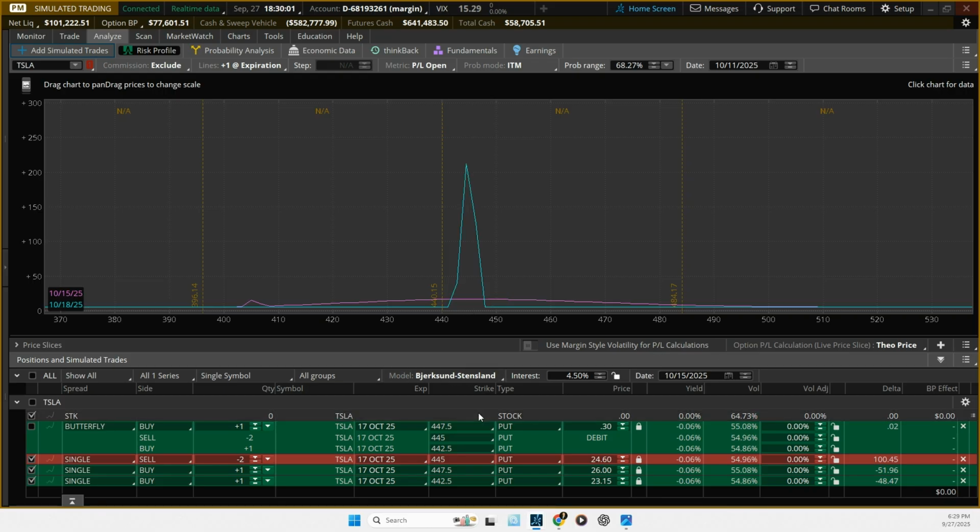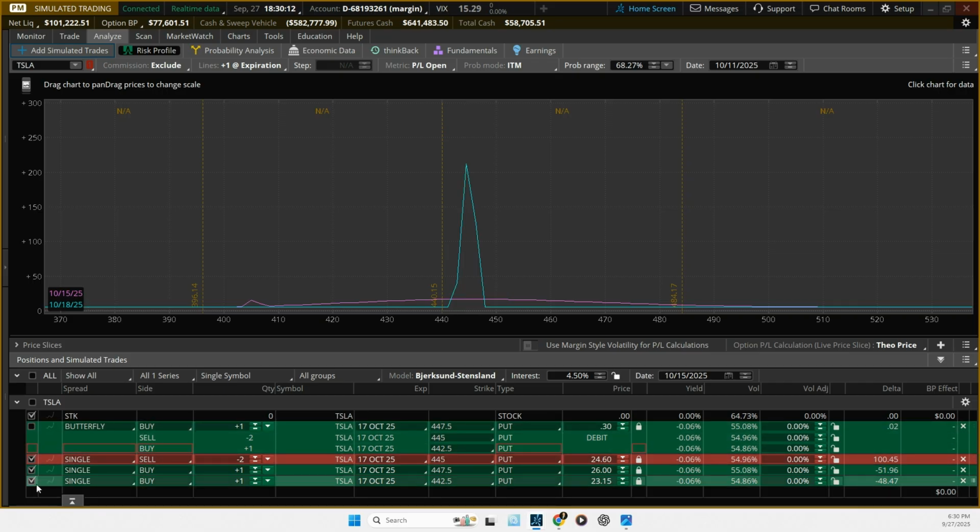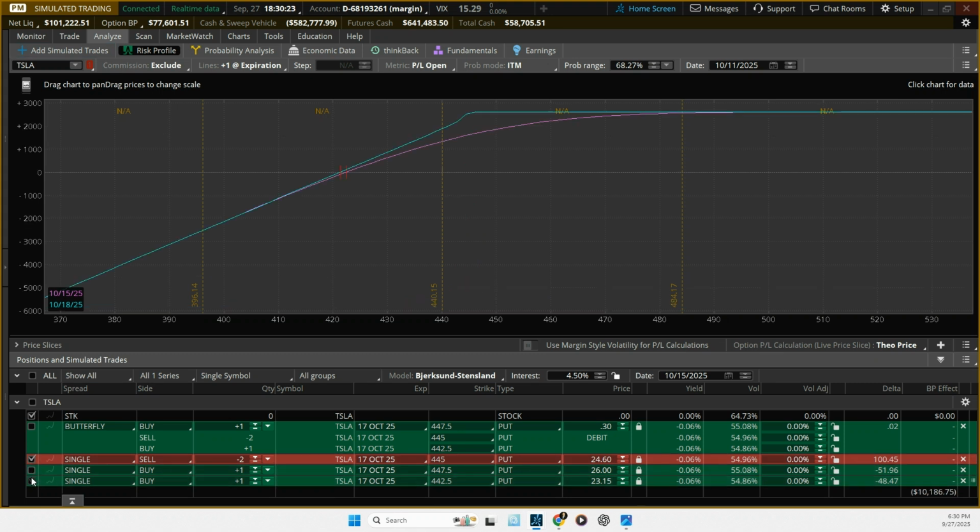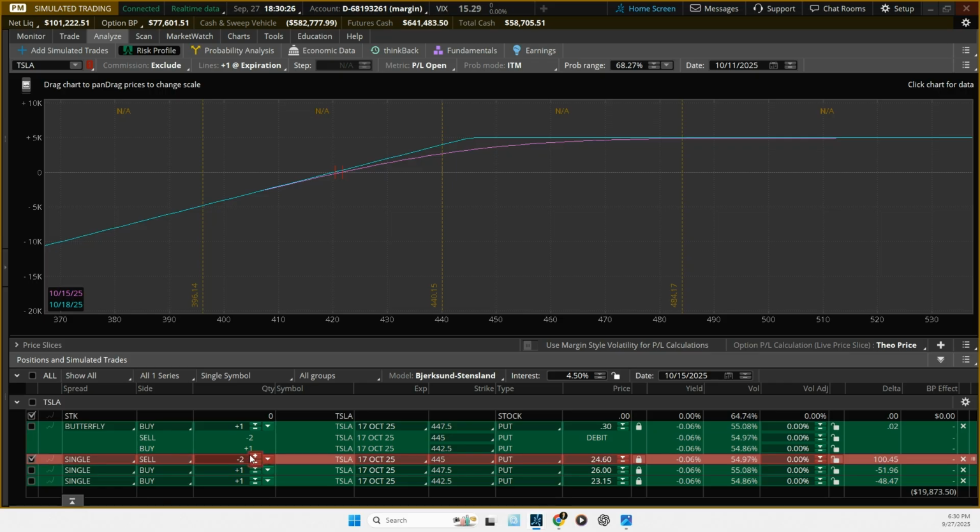So basically, this really wouldn't be a good trade, and that's one reason why I've been doing a lot of these, because there's a lot of different days to expiration to test things. But as it's split up, let's say Tesla started moving up. If Tesla was moving up, then what's going to happen to these two short puts? Well, again, we're looking at the colors coordinating with these lines here on the screen. If Tesla moved up to 445,